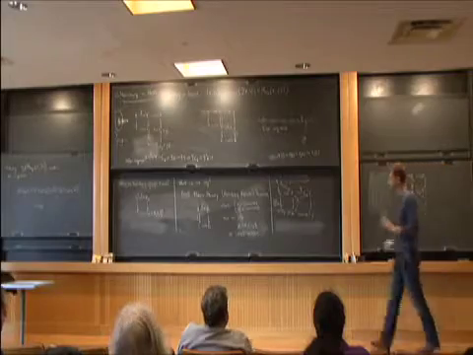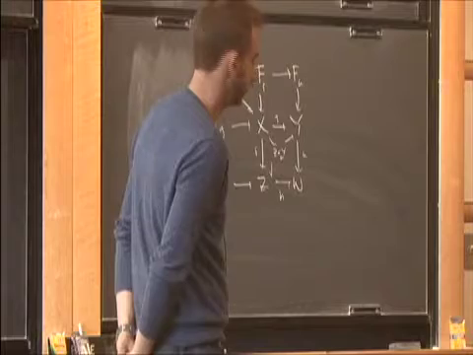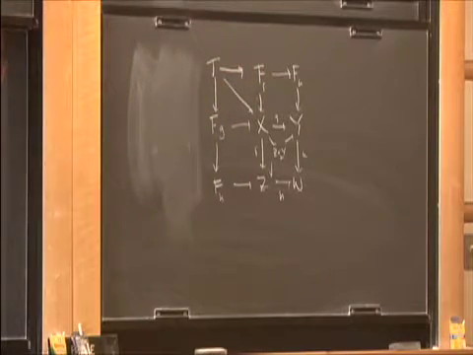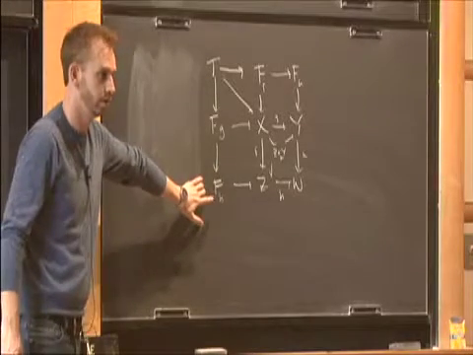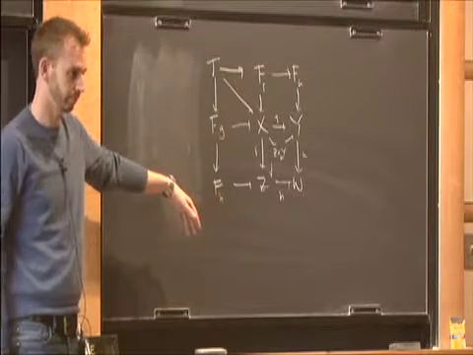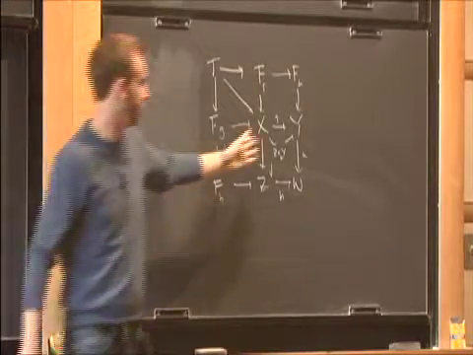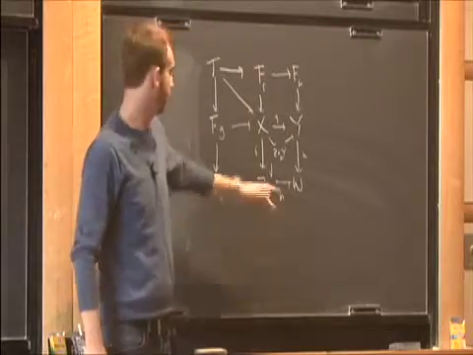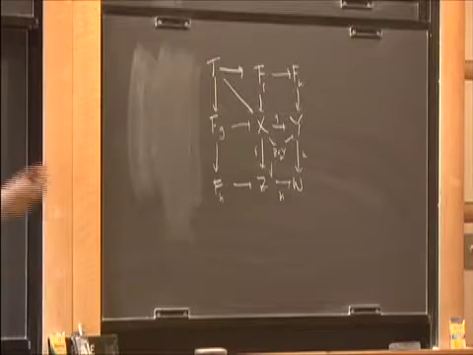Wait, somehow you haven't used the fact that W is the cone of F, which is highly suspicious. What? I'm about to. What do you mean? This is totally general. For any W? For any square, yes. For any square of maps, this is true. Irrespective of whether it's a pushout or anything like this, you can just get this by calculating with fibers.